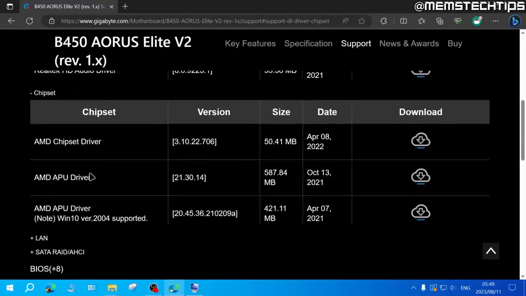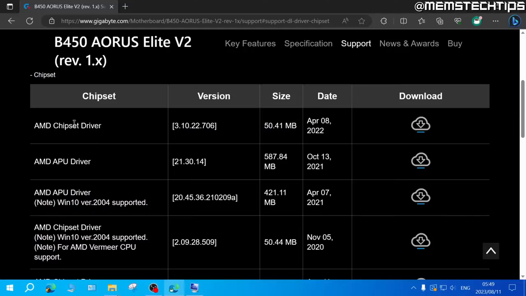For example, if we open the chipset driver, you'll have multiple drivers and always download the latest available one. For example, here I have an AMD chipset driver for this motherboard, and down here I also have an AMD chipset driver. But obviously this is the latest version, so always go ahead and download the latest available version. So for this tutorial, I'll just go ahead and download this AMD chipset driver, and I'll click on this download